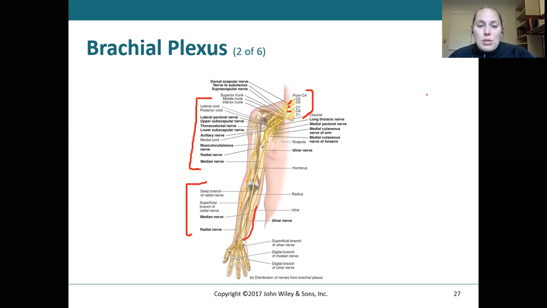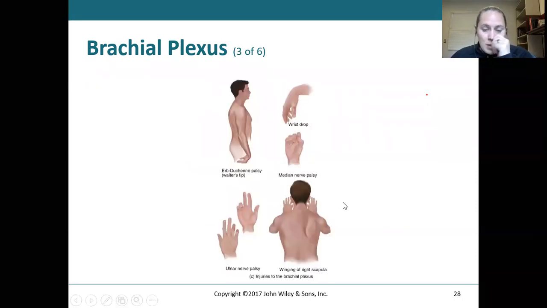But again, I'm not going to ask you to get down to the level of understanding where the ulnar nerve, the radial nerve, or the median nerve is. I just don't think we're at that level of resolution in this particular course. Okay. So in terms of what types of movements are mediated by the brachial plexus, here you can see some